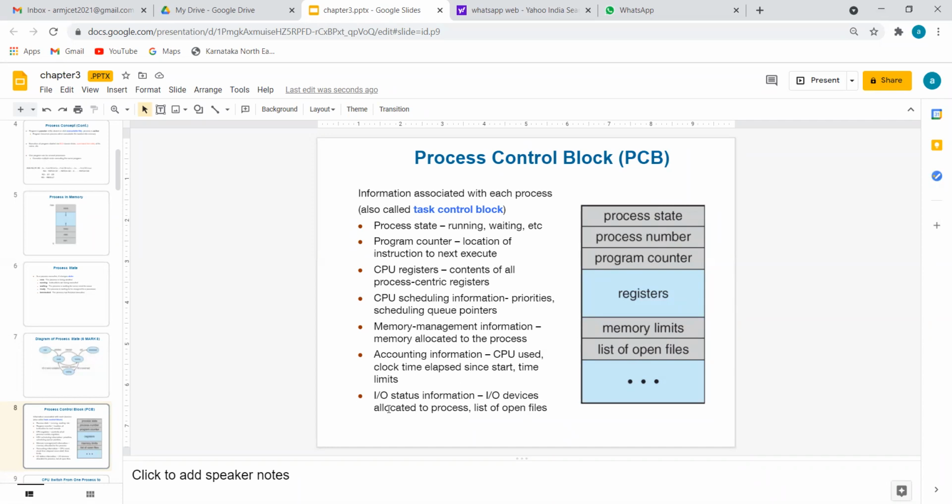Okay, next one, the one which is not shown in the box is IO status information. This is a little important. Let's assume a process for C equals A plus B, where the A and B values the user will give. Imagine the C program: there is a main, flower bracket, integer C, A, B, then a printf, enter the value for A, then scanf, then again a printf, enter the value for B, then one more scanf for B, and C equals A plus B, and then a printf, answer is equal to C.